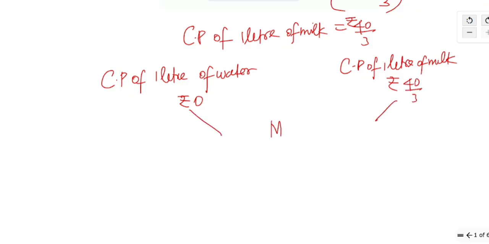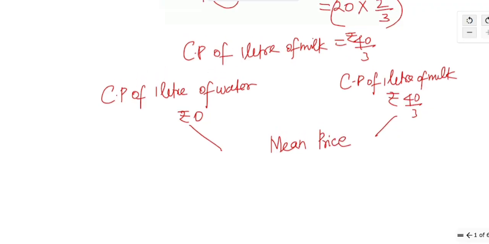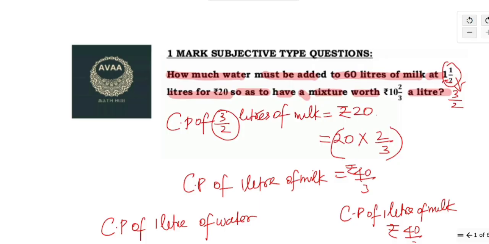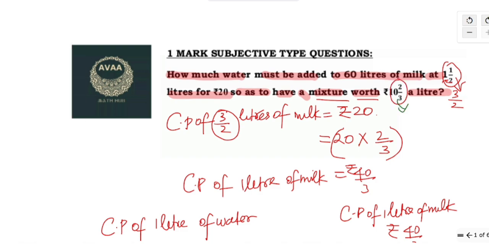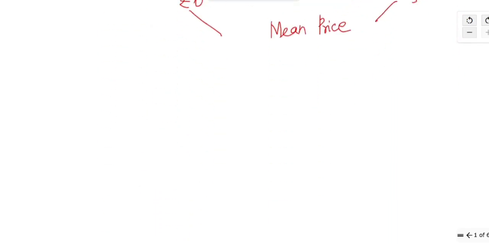Here, the mean price also has been given in the question. Let's look into the question. Mixture worth rupees 10 2/3. That also has to be converted to an improper fraction. So 10 times 3 is 30, 30 plus 2 is 32/3. So that has to be written as the mean price here, rupees